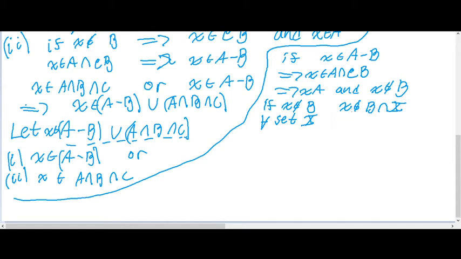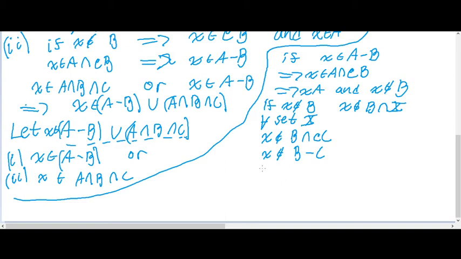So if x is not in B, then it can't possibly be in B intersecting any other set. So that means x can't possibly be in B intersect the complement of C, and B intersect the complement of C is the same as saying B minus C,